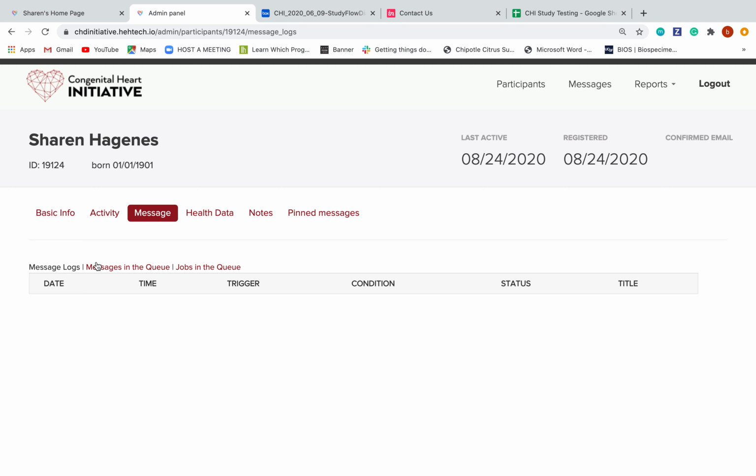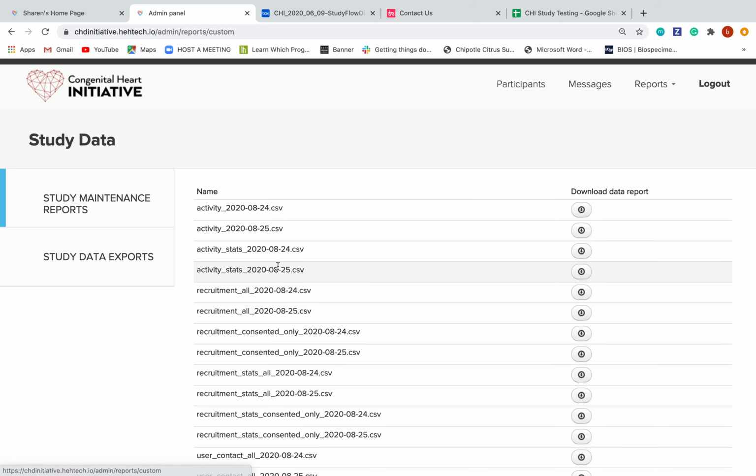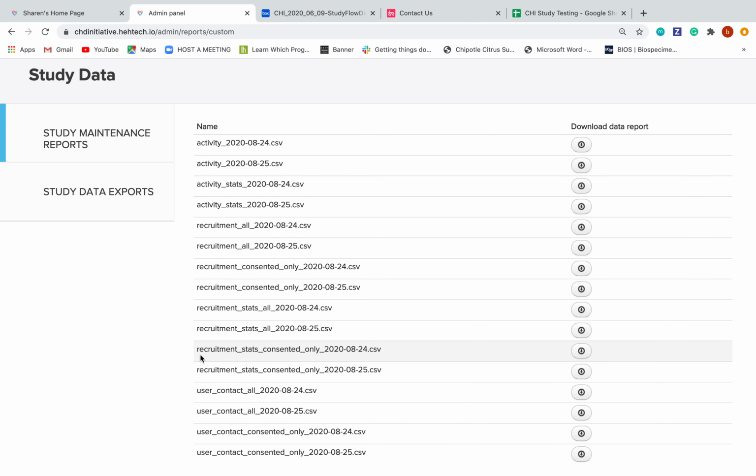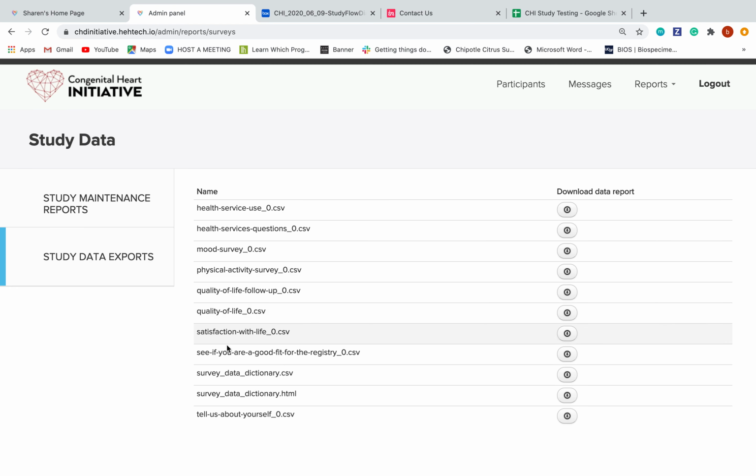You could also look at messages and see what messages Sharon has received. However, at this time, messages is not configured, which is why it's not showing up. And then you could also click on reports, and again, this would have to be the day after you create this test user. You can click on reports, and then you would be able to see the activity, recruitment, user contact information for Sharon,